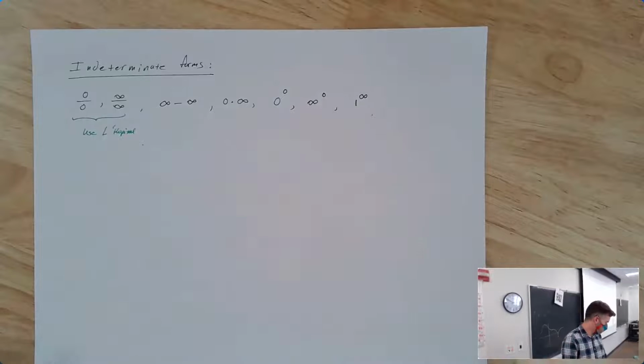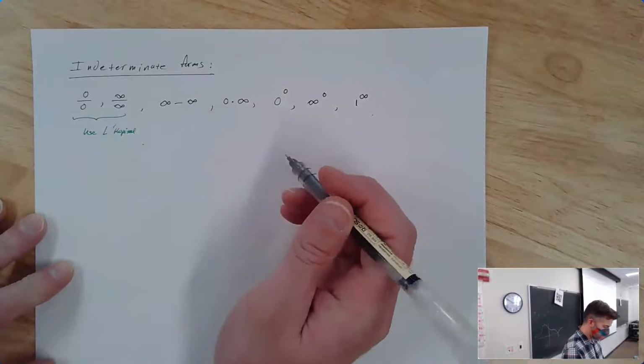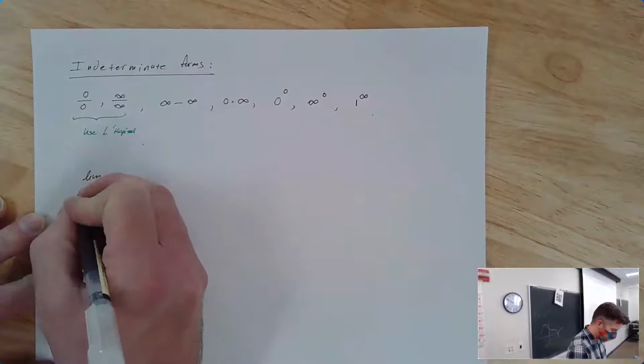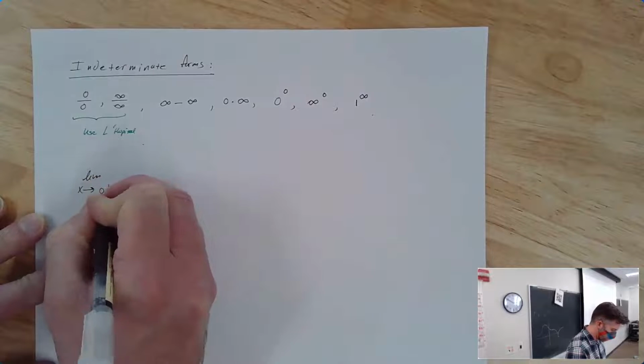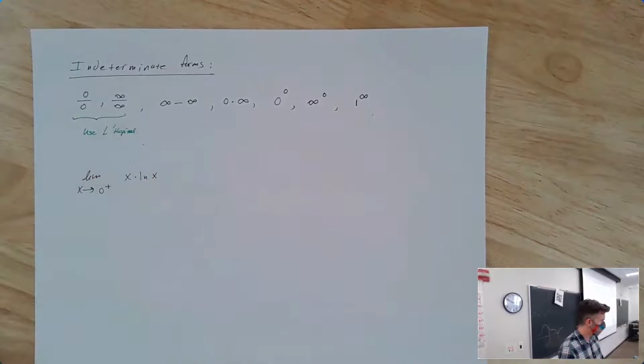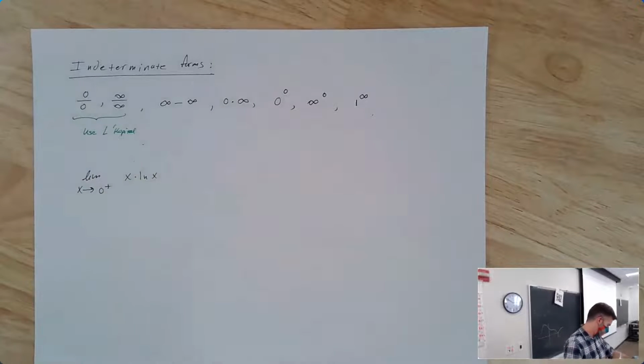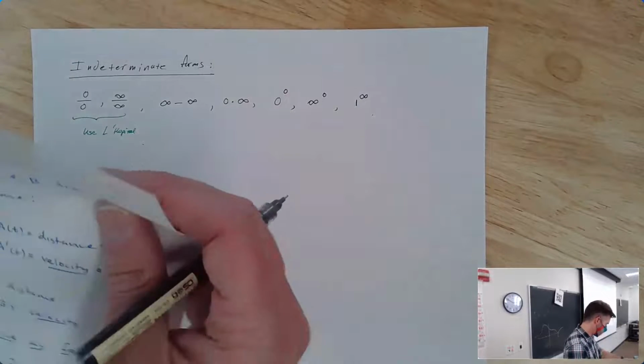One that you'll see fairly frequently is 0 times infinity. So either the limit as x goes to 0 from the right of x times the natural log of x. We didn't already do this one, did we? I don't think so. The problem is a lot of these have to look the same after a while. No, we did not. Okay, good.